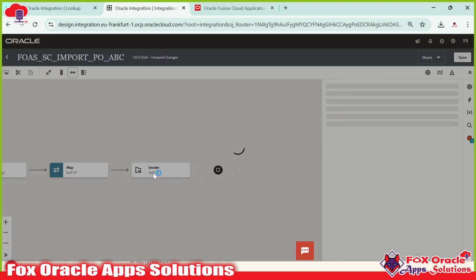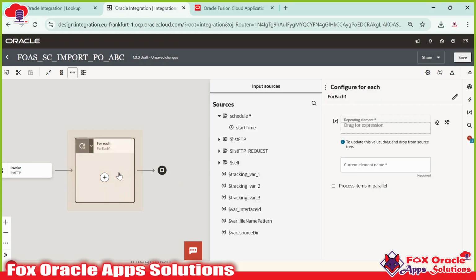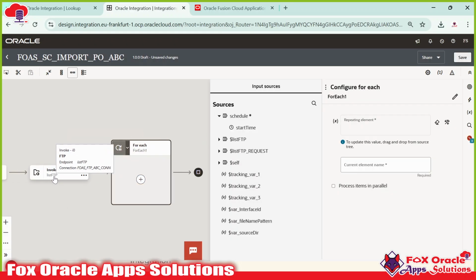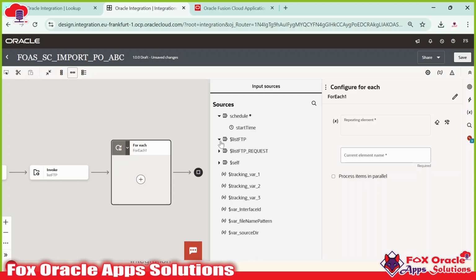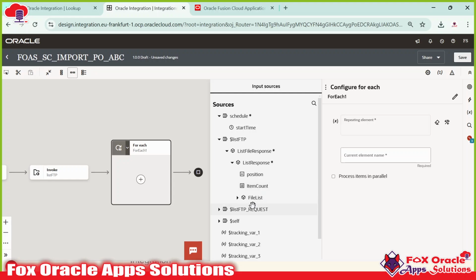We have to add the for each loop over the response of this endpoint. So the response of which endpoint? The response of that list file endpoint. So this is our list file endpoint. This is the request. I don't want to go for the request. I want to go for the response. So expand this response here. This is the list file response. Expand the list file response node, and here you will get to know about the array item. That's the file count, item count, positions, file list, right? If we expand,